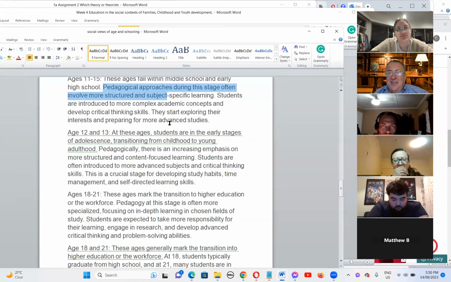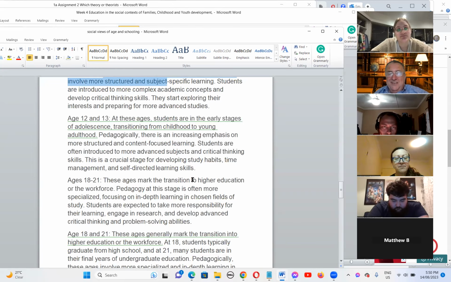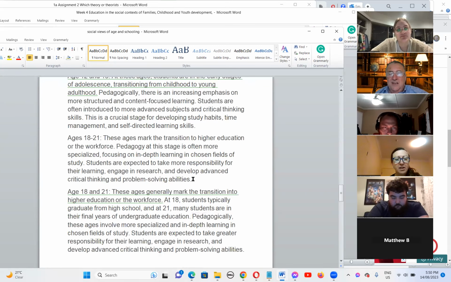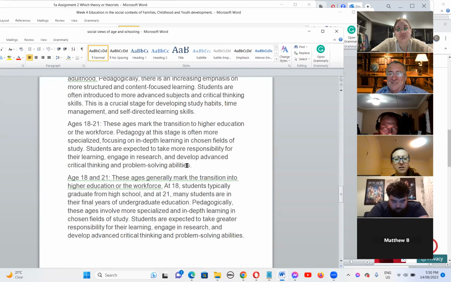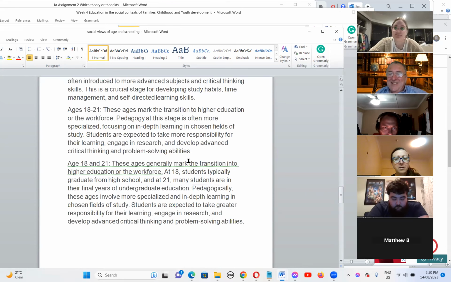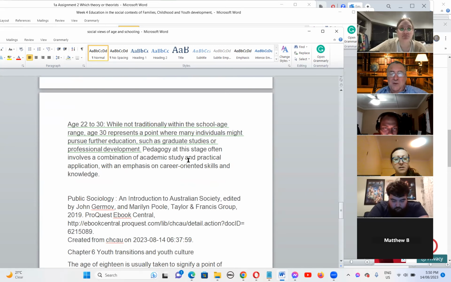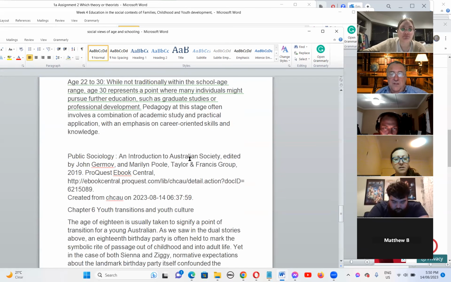In the first year of university, we try and offer them a lot of support. And then as they move on into second and third year of university, we try and put a lot more pressure on them to achieve and so on. And then when they do their first year of their masters, in the first few months, we try and help them settle in. And then when they get halfway through, we try and get them serious, and they've got to accomplish a lot more. So you do have these transitions all the way through. And then as you enter adulthood and into the workplace, you'll also find these sort of pressures.